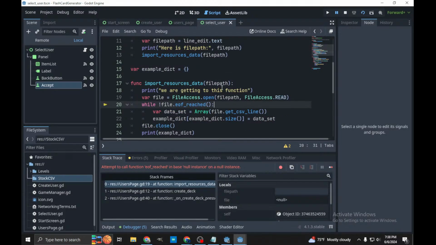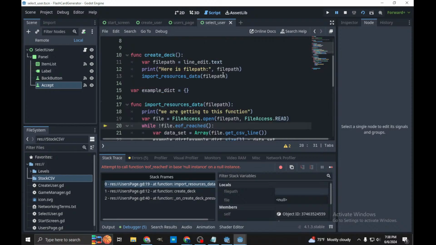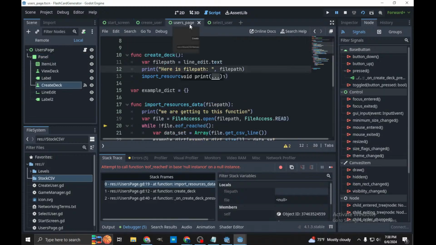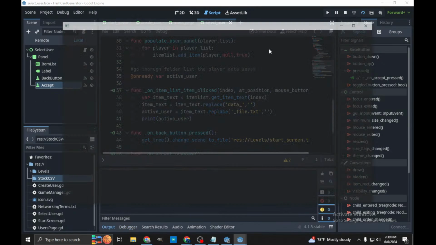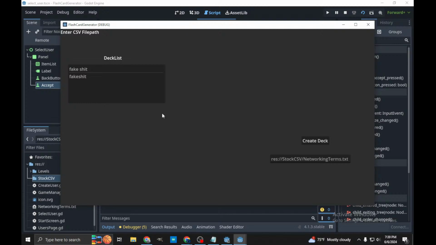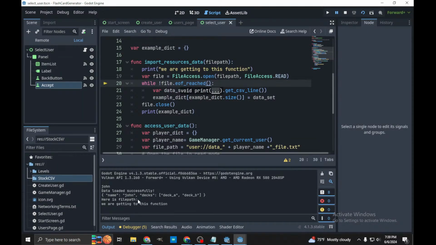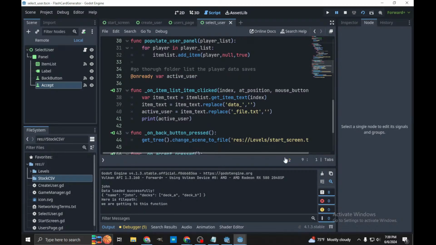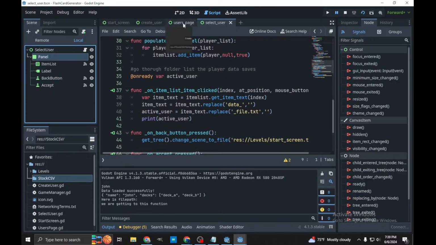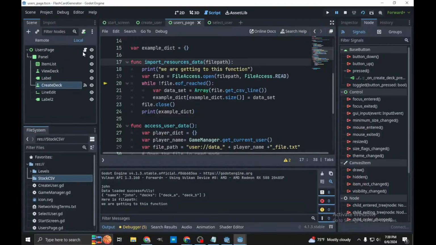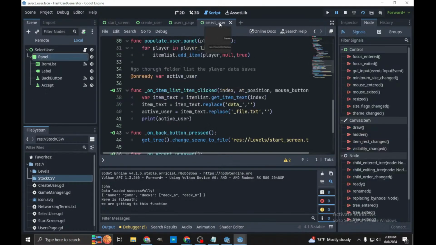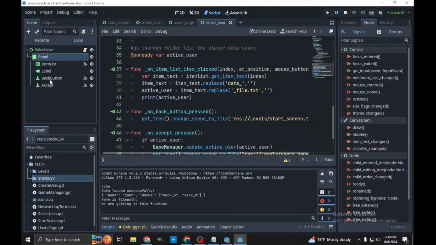So null instance, I'm not passing in a file path, or my file path is wrong. So we're just going to run it again, and I want to see what my path would be. So we'll select that user, accept, we'll create a deck, go to our output. Here is file path is nothing. So I guess, you know what? I guess when we get the